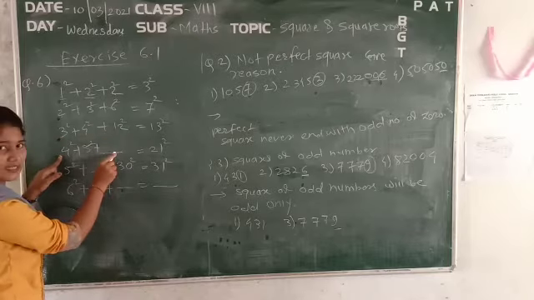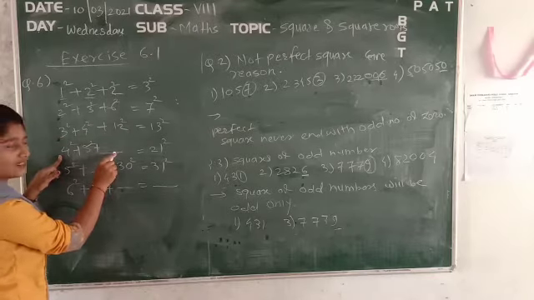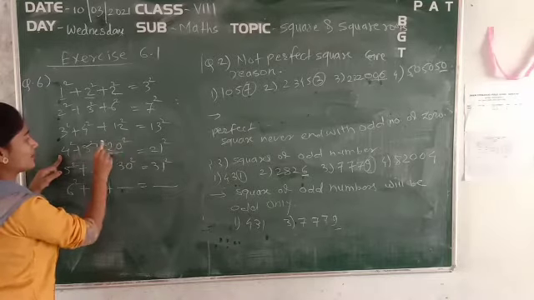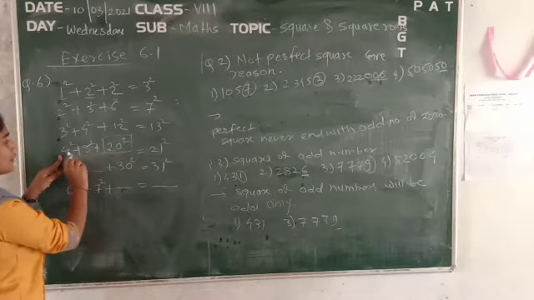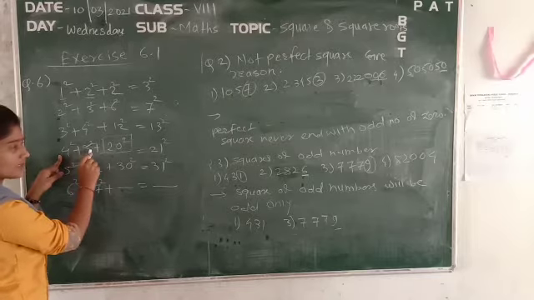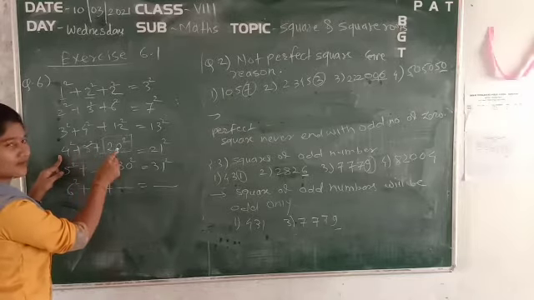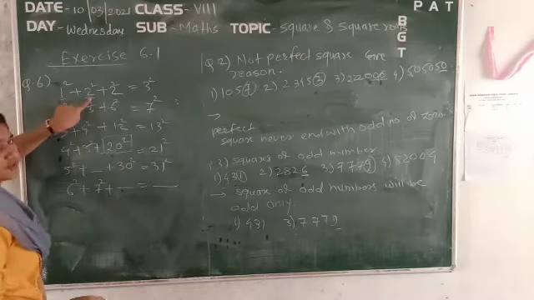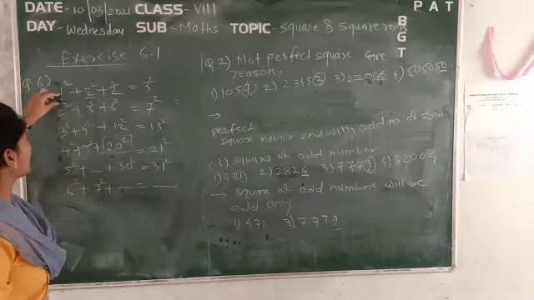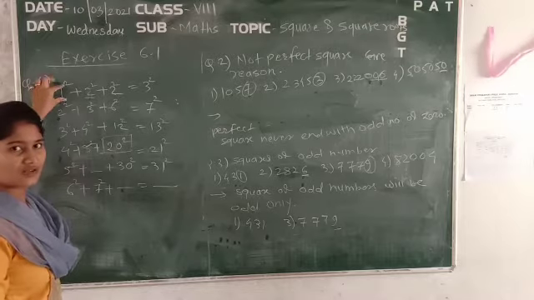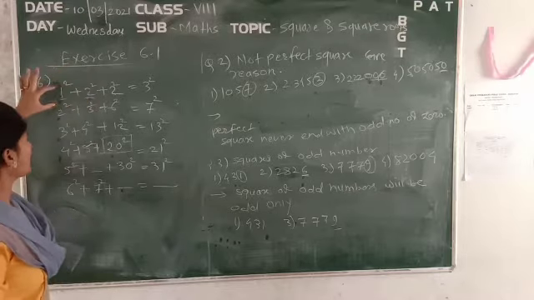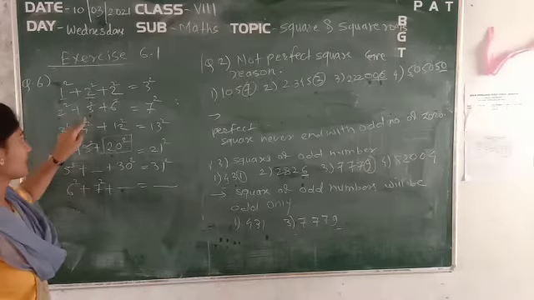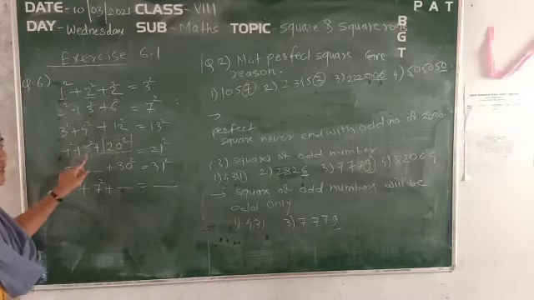So here a missing number is there. What will be the required answer? That is 4 fives are 20. So the missing number here is 20, because if we take the product of these two numbers, we get the third number. Again, if you see the pattern, each is the successive number of the previous one. If we add 1 to the previous digit, we get the next number. If we add 1 to 1, we get 2, so 2 plus 1 is 3, 3 plus 1 is 4, 4 plus 1 is 5.